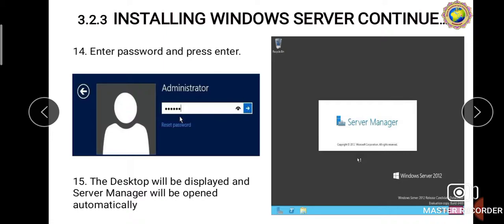So whenever you enter the password in the text box and click Enter, the desktop will be displayed and Server Manager will be opened automatically like this. So this is our desktop screen on our monitor. Whenever the password is entered by an administrator or authorized person, the desktop will be displayed automatically.